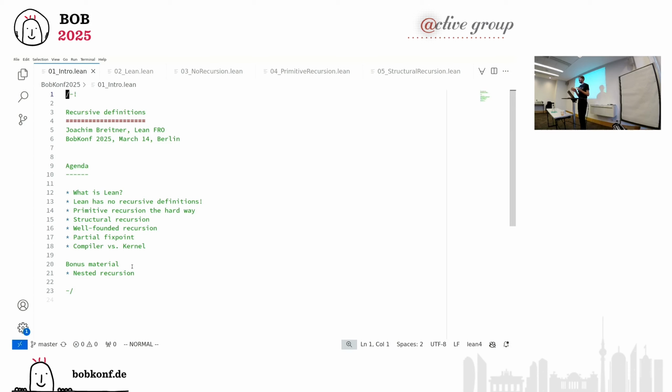Here's a first tangent I can go on. Since you probably know Haskell, at first glance, this looks like precisely what you would do with Haskell with do notation. On a second glance, you'll see there's some let mut, a mutable let binding. And we see, let me make this a little bit larger maybe. And we see there's some overriding, some assignment here.